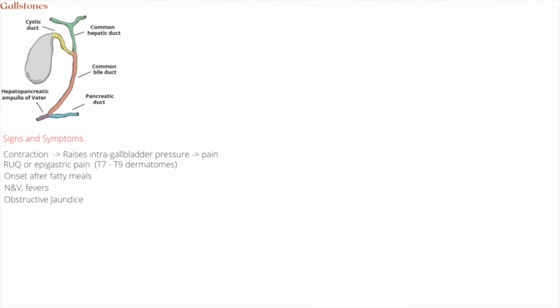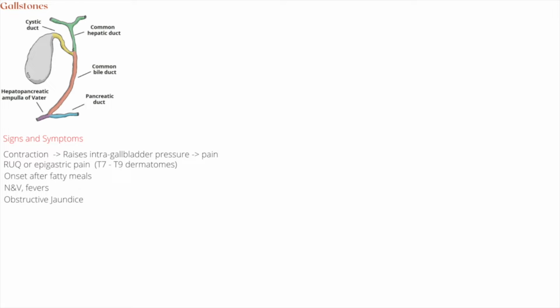This video is on biliary colic. Biliary colic is the steady abdominal pain caused from the obstructive flow of bile from the gallbladder. This is usually due to cholelithiasis, the medical term for gallstone formation. And from this diagram, we see that the gallstone can lodge in the cystic duct, the bile duct, or even